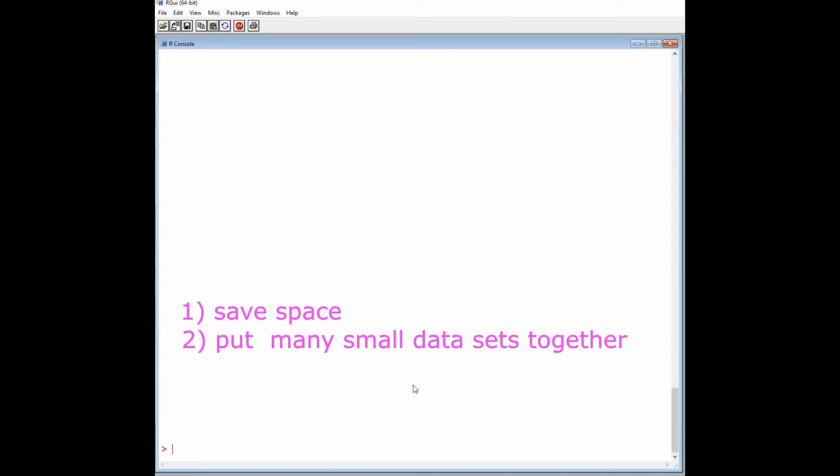So 2 reasons. The first reason is we want to save space. The second reason is we put many small data, program, and data set files together, so we just have one zip file. Okay, the first one. So let's calculate